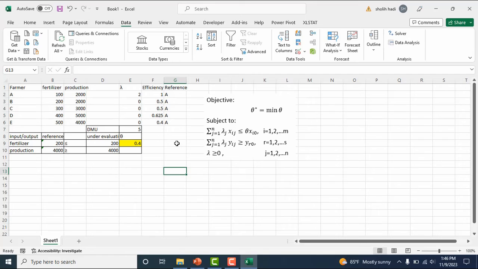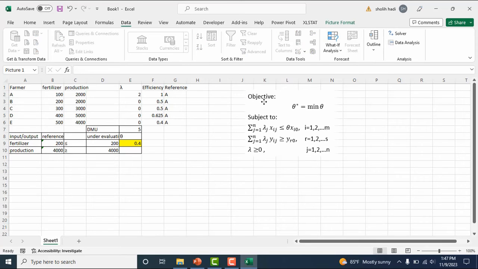Right now we already have the input-oriented efficiency based on the CCR model. So the benchmark is A because it has the best performance and the efficiency is 100%, and the others are 0.5, 0.5, and this one.